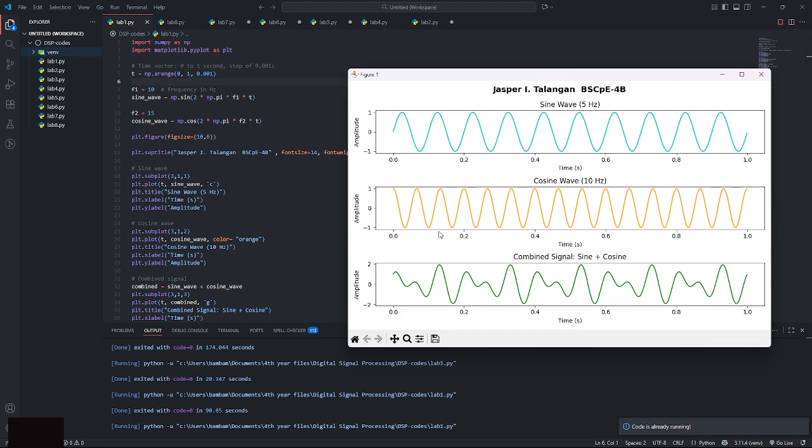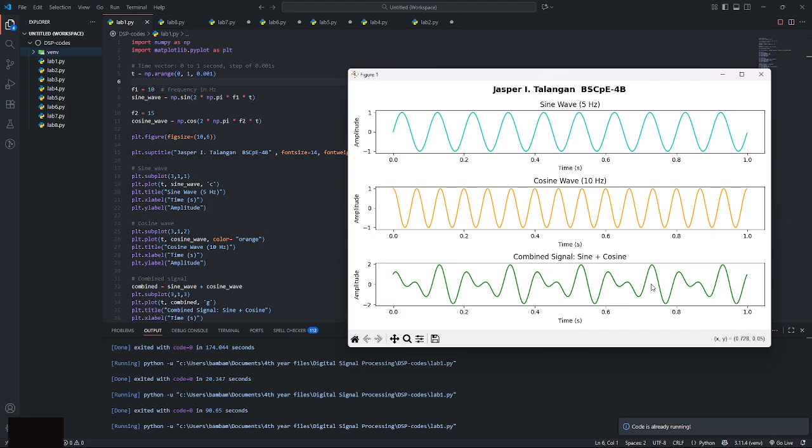The third plot shows the combined signal of the sine and cosine waves. When we add two signals, we get a more complex waveform, as you can see here.